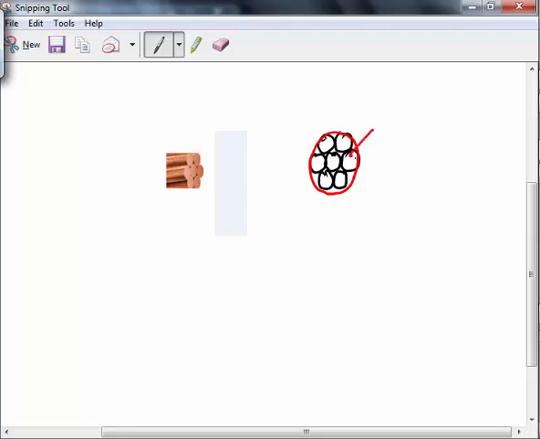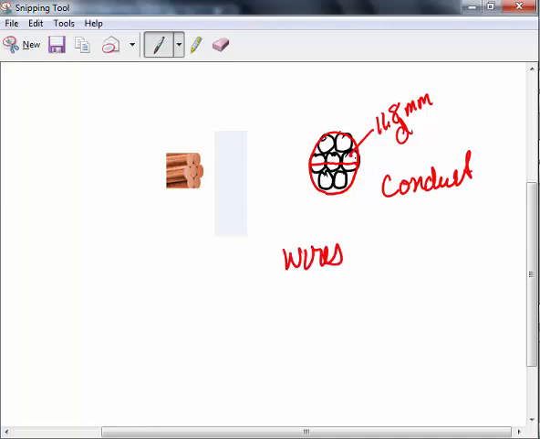This right here is 11.8 millimeters is the diameter. That's from one side to the other. Okay, so let's do the conduit, and then we'll do the wires. Here's the conduit